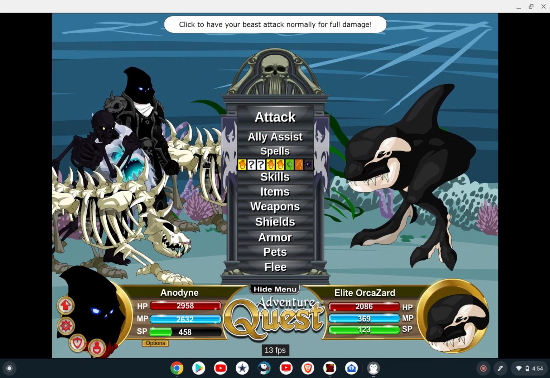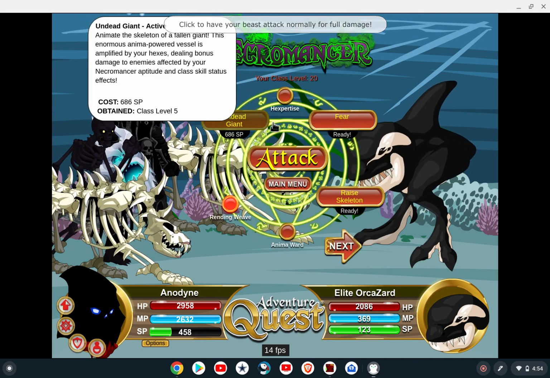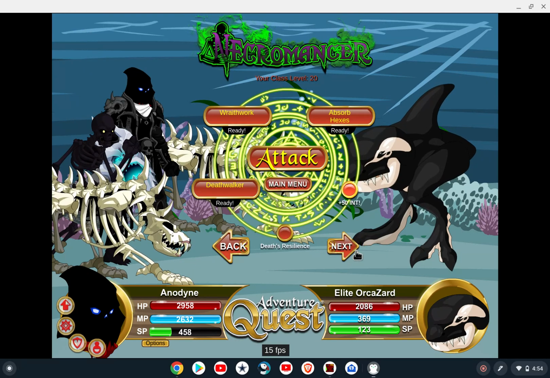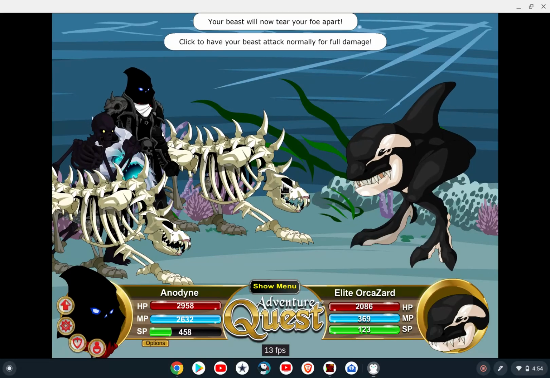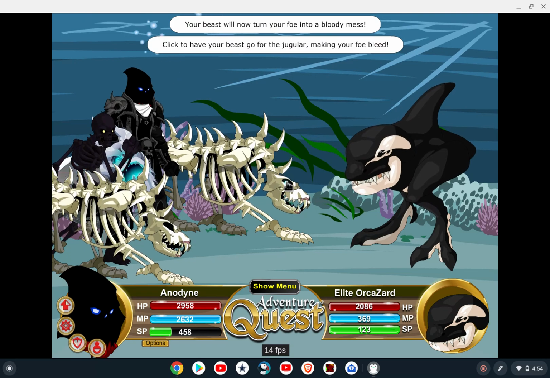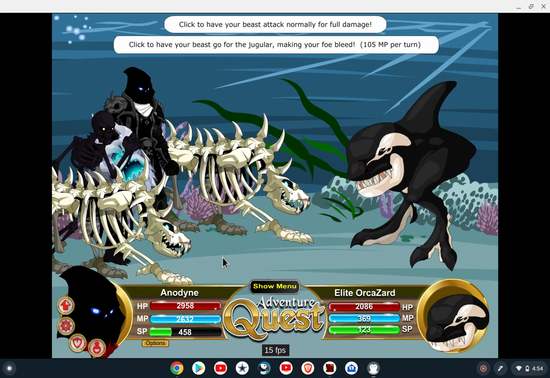In addition to that, we're going to raise skeleton, call undead beast, and then we're going to go to the end here on the fourth block on the skills, do twin summoning, and do the undead beast there. We're going to toggle on bleed mode, which will have an increased MP cost here, and